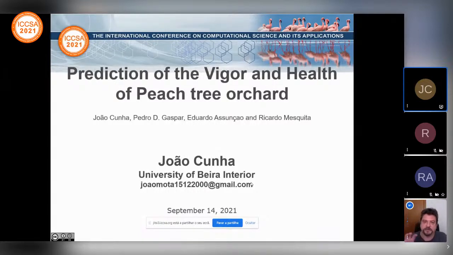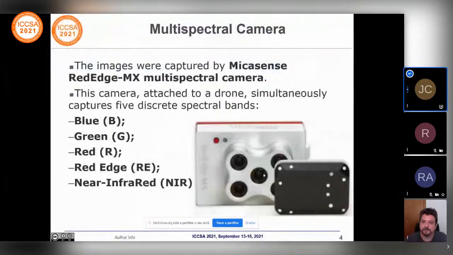The first question is not a technical question, it's just out of curiosity. Can you show the sensor again, the infrared sensor? Can you repeat, please? The sensor, the camera. Yes. I don't know if you can see the mouse. Yes, this is very interesting. I didn't know that. It's okay. Do you know, out of curiosity, how much that camera costs? The cost.